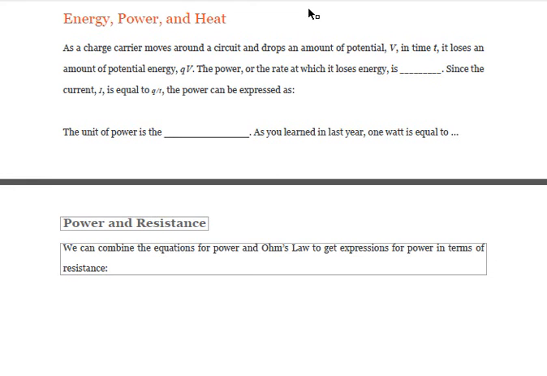As you have a charge carrier moving around your circuit, there are certain drops in potential across each element. So V gets a little bit smaller after each element in a circuit. And in a certain time t, it loses a total amount of potential energy Q times V. Remember, that is an equation from our last unit. So the power, or the rate that it's losing energy,